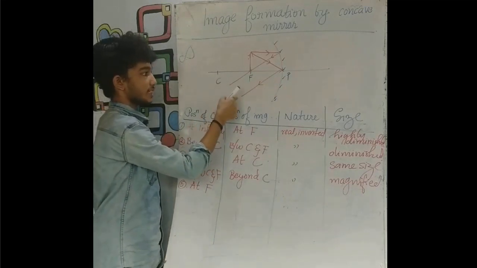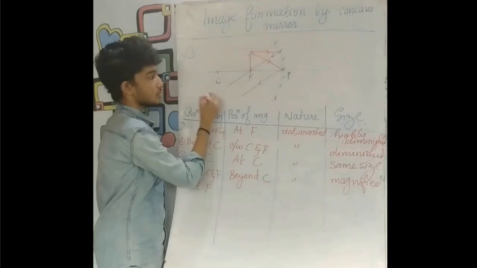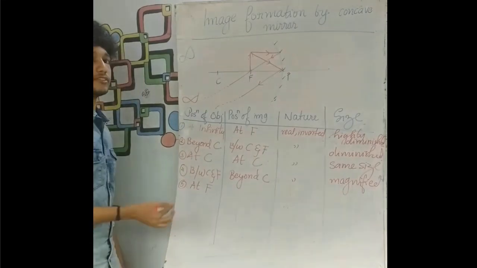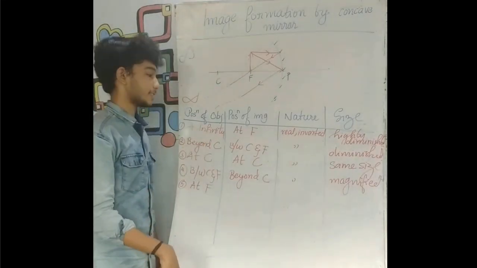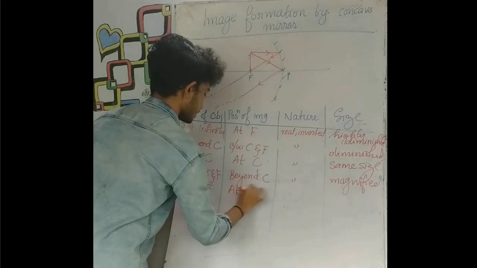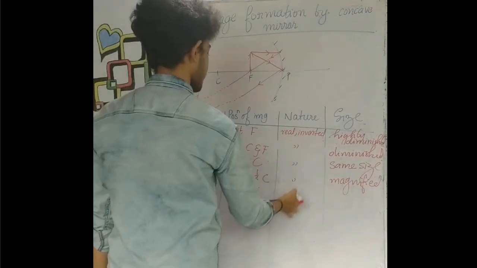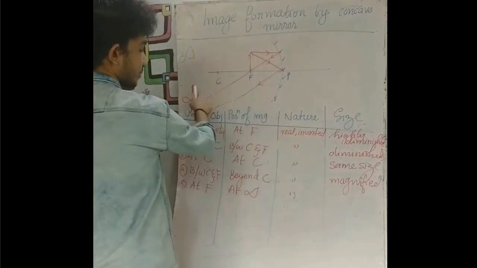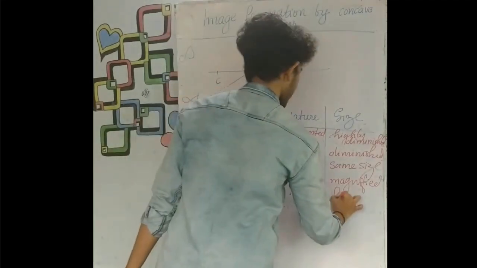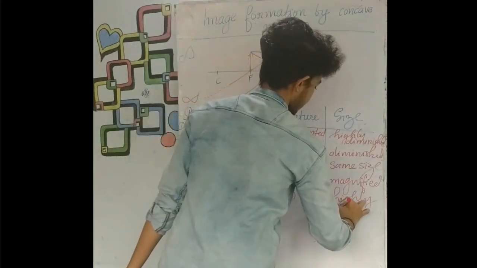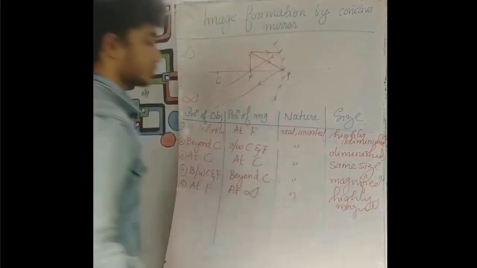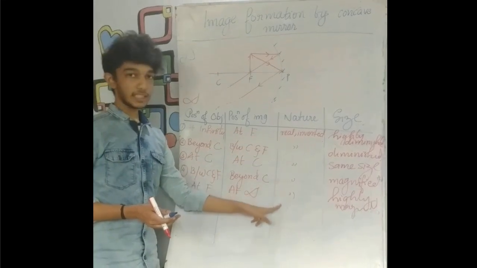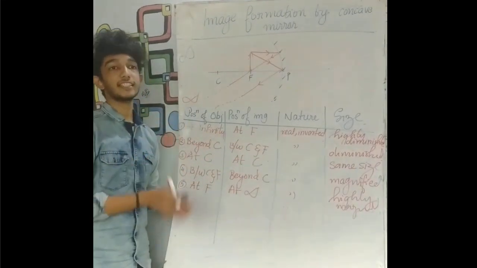See, these are the two reflected rays, and where are these reflected rays going to meet? They are parallel rays actually. So we can say that they meet at infinity, and the formation of image actually takes place at infinity. So where is the position of image? At infinity. What about the nature? Real and inverted. What about the size? The image formed at infinity will be highly magnified in size. Now let us consider the last case where instead of a real and inverted image, we are getting a virtual and erect image.